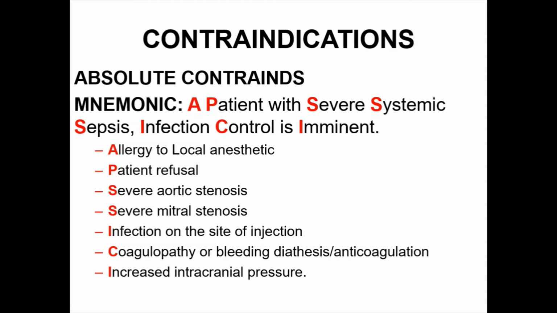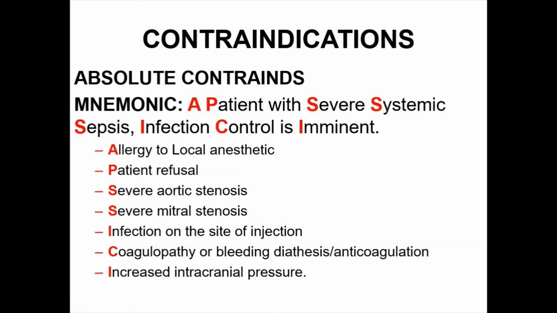We have absolute contraindications and relative. This is the best mnemonic for you to not forget anything about absolute contraindications. We have a patient with a severe systemic sepsis. Infection control is imminent. First is allergy to local anesthetic. Second, patient refusal. Third, severe aortic stenosis, severe mitral stenosis, infection on the site of injection, coagulopathy or bleeding diathesis